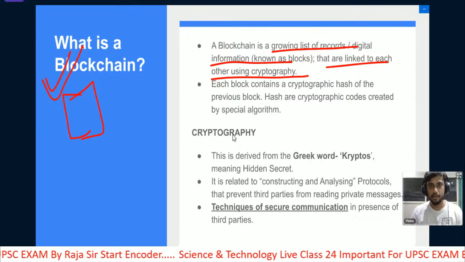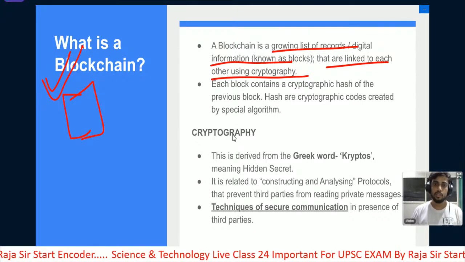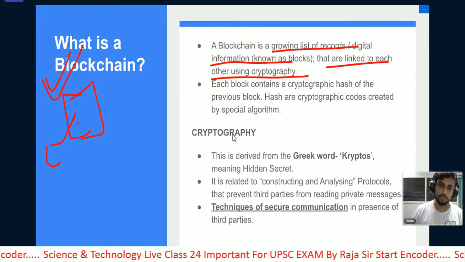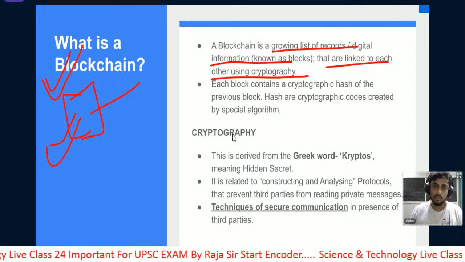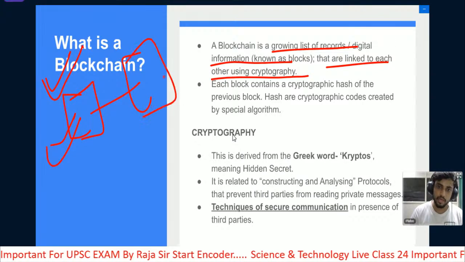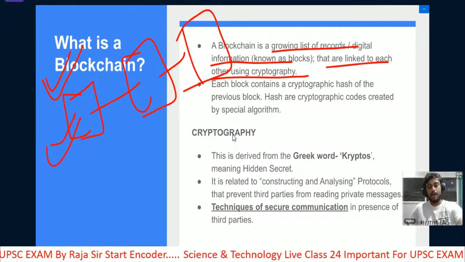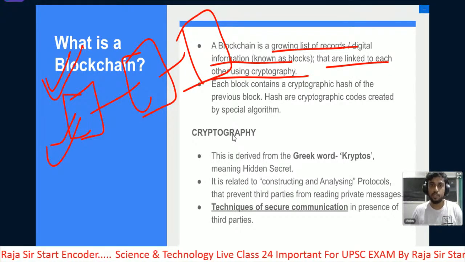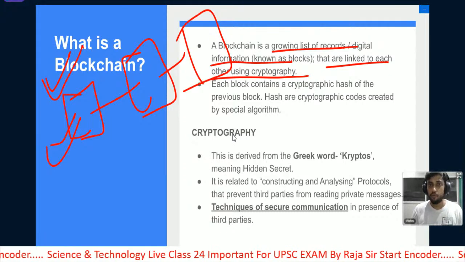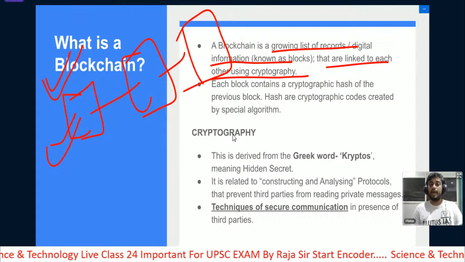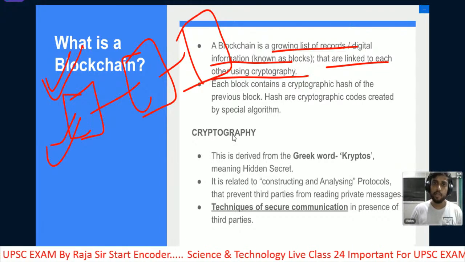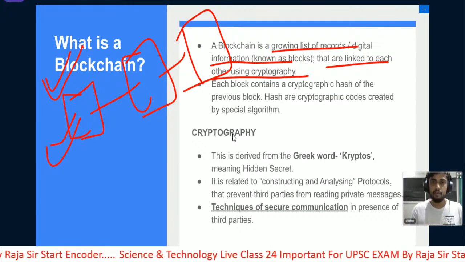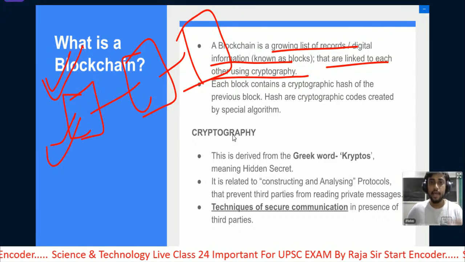Just like in any memory, in any computer, we are storing things. So this is a digital way of storing information. And these information blocks are the blocks of the blockchain. These blocks are connected to one another. From here we understand that blockchain is a technology which can be used to store information in a certain way. And it turns out that once the information is stored in the blocks, it cannot be changed. It is immutable. No one can hack it. So the biggest advantage of the blockchain technology is that it is hack proof.